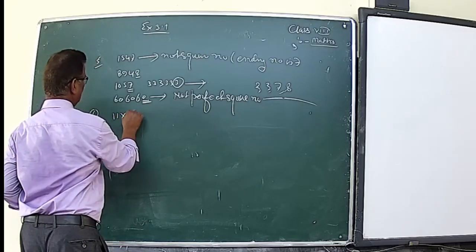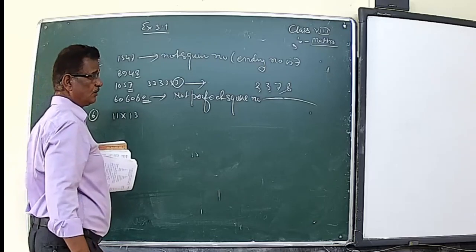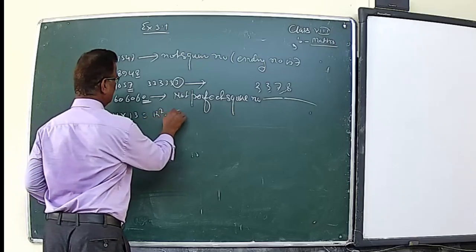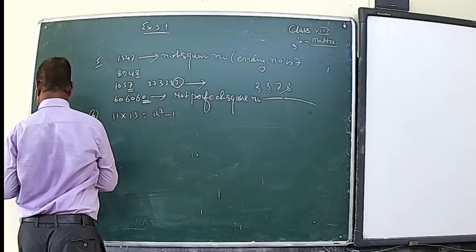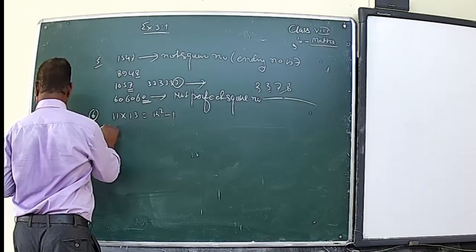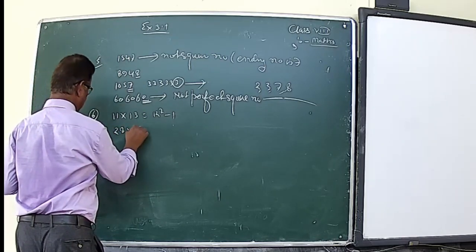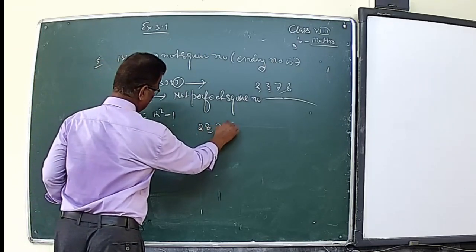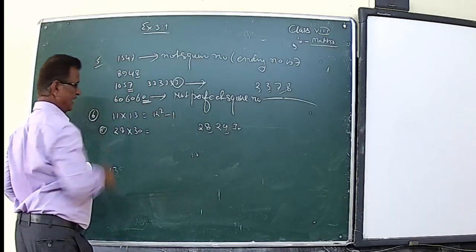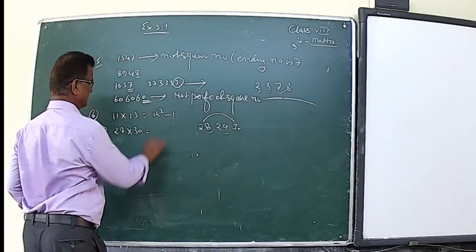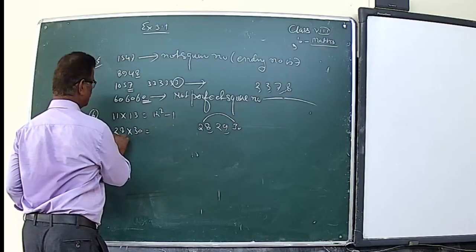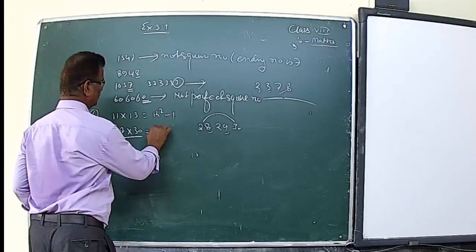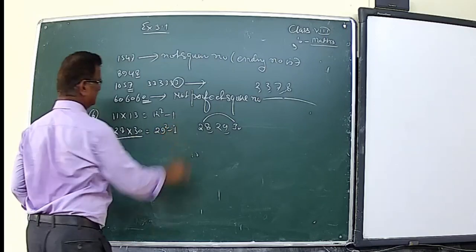Now question number 6 provides a pattern to observe. You know the product of two consecutive odd numbers or even numbers is equal to the square of the number lying between them, minus 1, like 12 squared minus 1. Similarly, the question asks to find the value of 28 into 30. The number lying between 28 and 30 is 29, so the product of these two consecutive even numbers equals 29 squared minus 1.